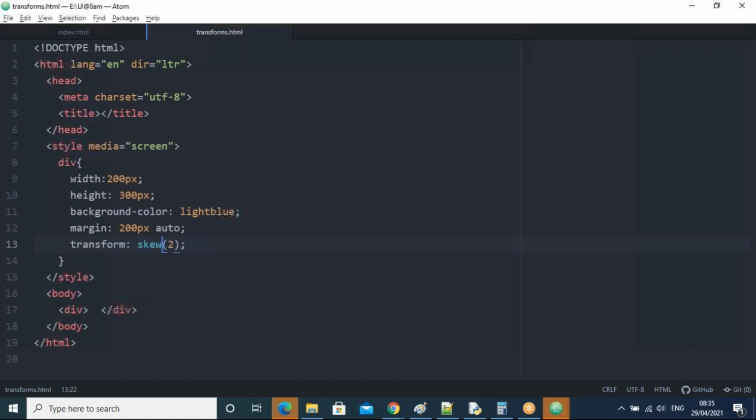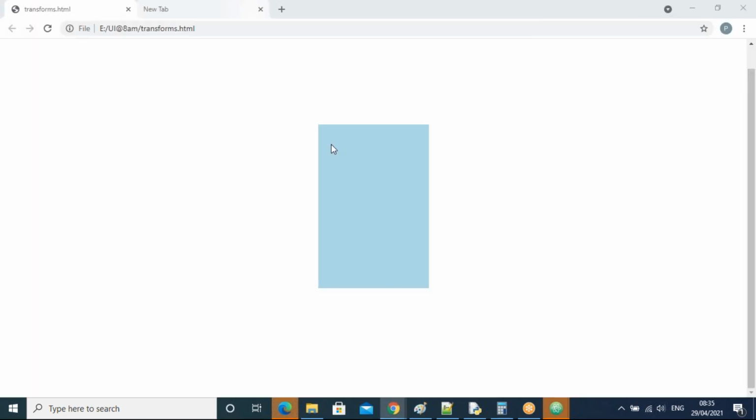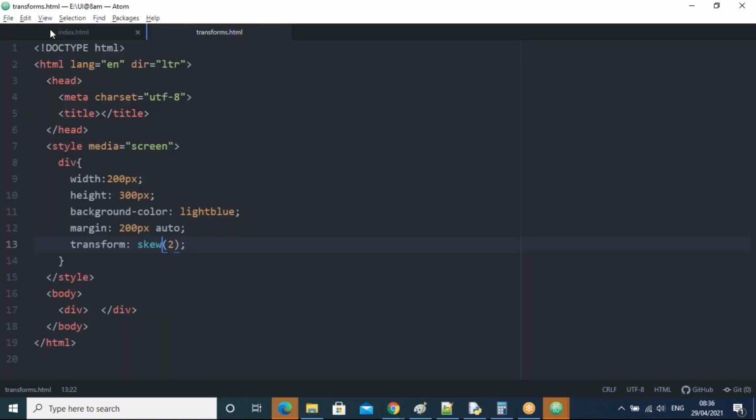Browser support also depends on the browser version. It is not supporting this one. Is there any spelling mistake? Transform, right? You take the direction, x, y like this. I'm taking 2.